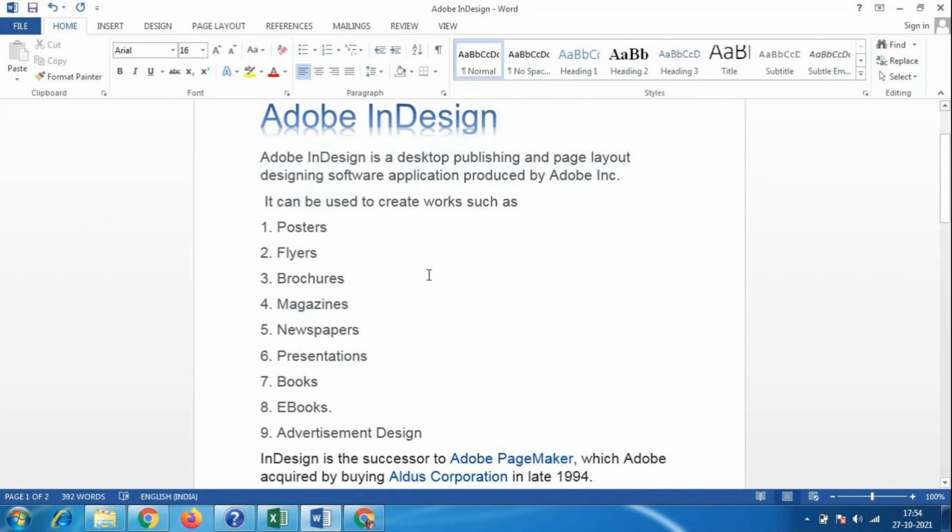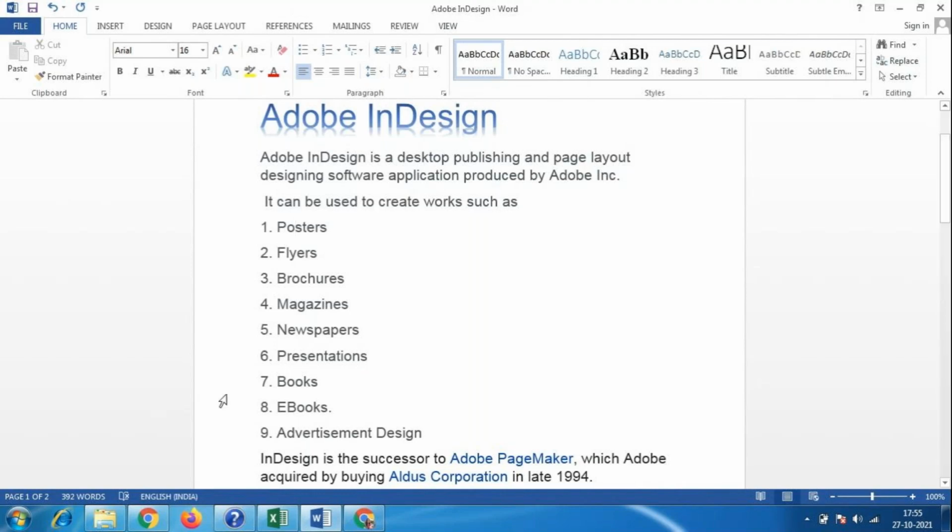Please don't depend completely on the video we are sharing, sometimes we are unable to send the videos. Presentation means some project works, which you have to show in a different way. You have to submit the project book, so at that time you have to make 4 or 5 pages of project work or a 10 page booklet. For that we use these presentation things, which we can do with the InDesign software.